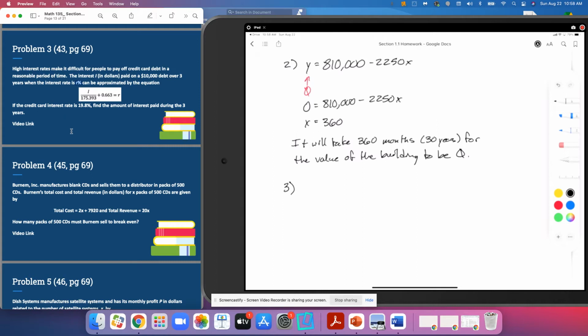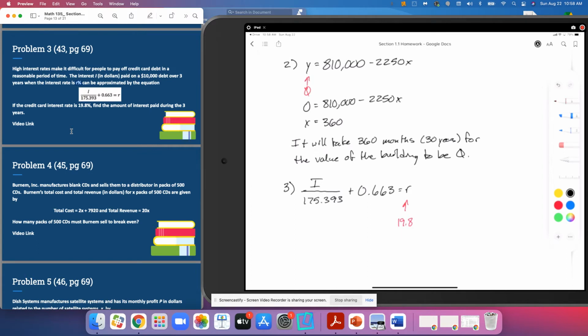And so I'm going to go ahead and copy the formula the way that it shows it there, folks. It's got I over 175.393 plus 0.663 equals R. And so we know the interest rate to be 19.8%, so we are going to be replacing R with 19.8,